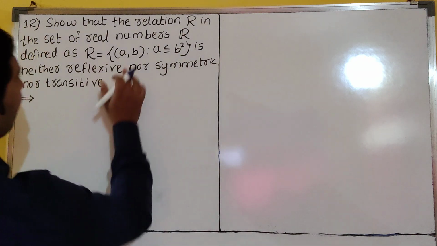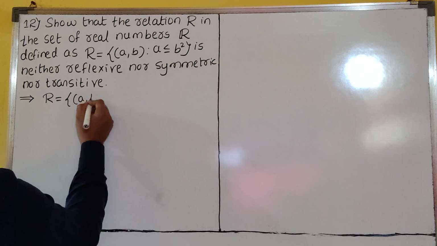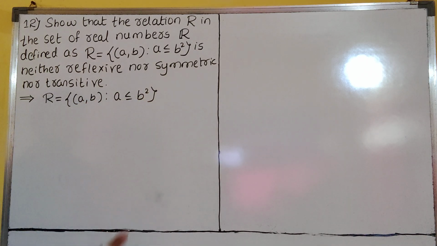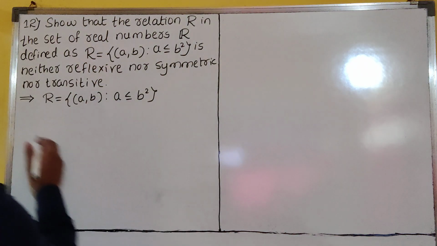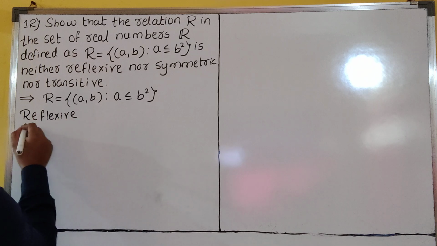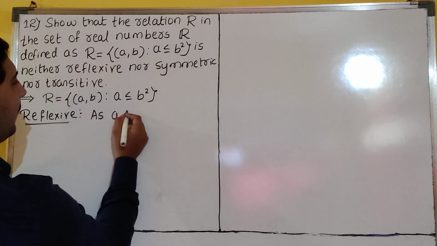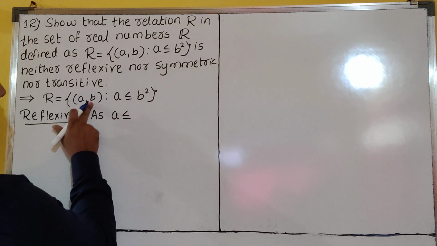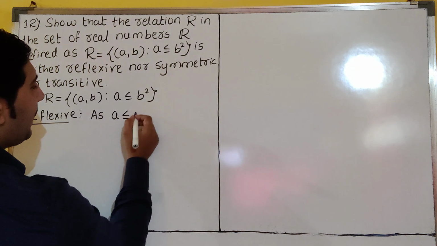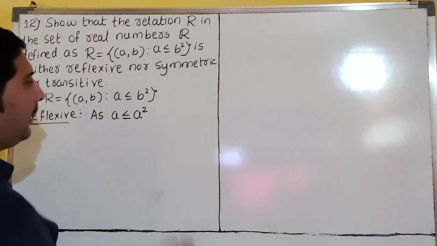So now first we will write the relation given. R is equal to (a, b) such that a is less than or equal to b square. How is it not reflexive? I will explain to you. First you see reflexive. Very beautifully we can write here, students. So now as a is less than or equal to, in b place also a will come. Reflexive means what? (a, a) only will come. So a is less than or equal to a square. b square means what? a square it will become. Is not